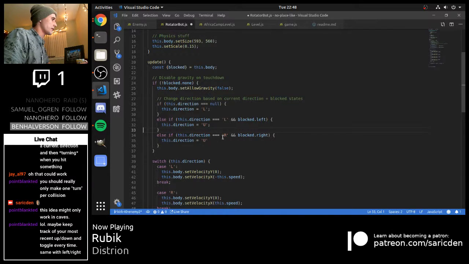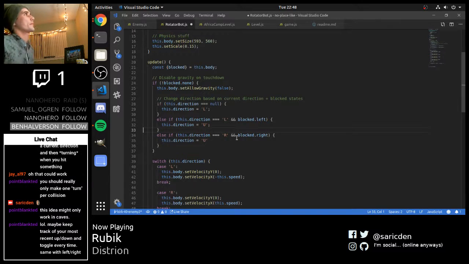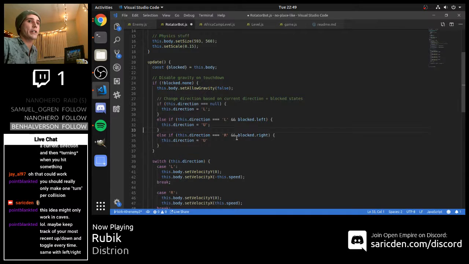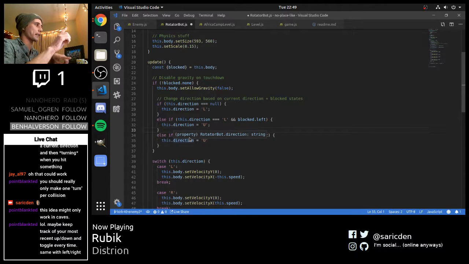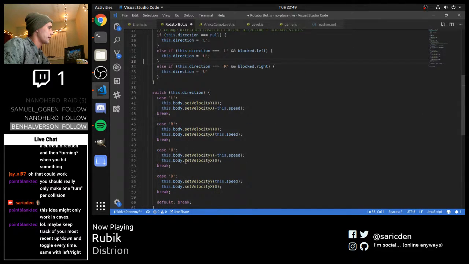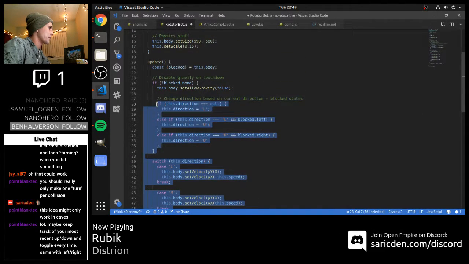But we do need to know, what if we had two directions? Okay, hold on. Maybe keep track of your most recent up-down and toggle every time, same with left-right. Yes, that's exactly what I was just thinking. I was thinking if we kept track of both directions on the X and Y axis. Yes. You and I think alike, good sir. I'm gonna comment this out because this was close, but